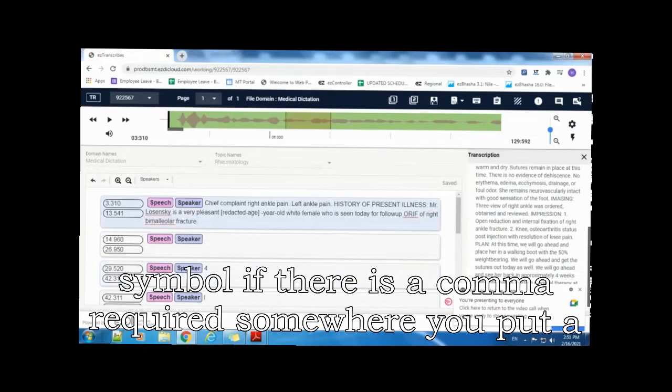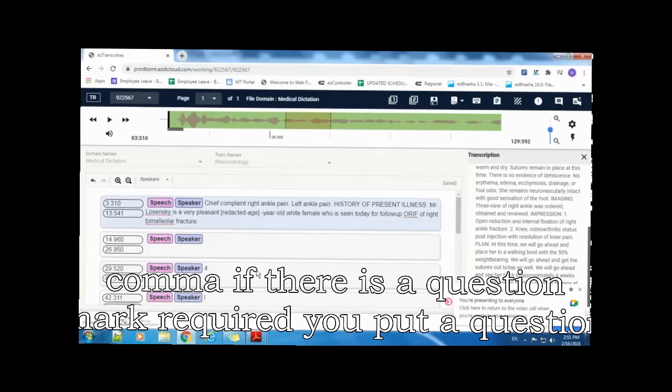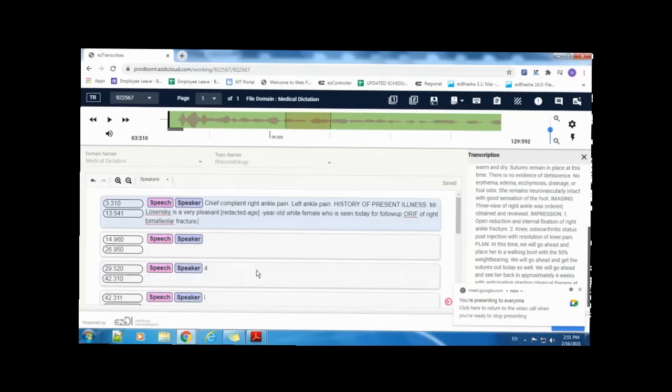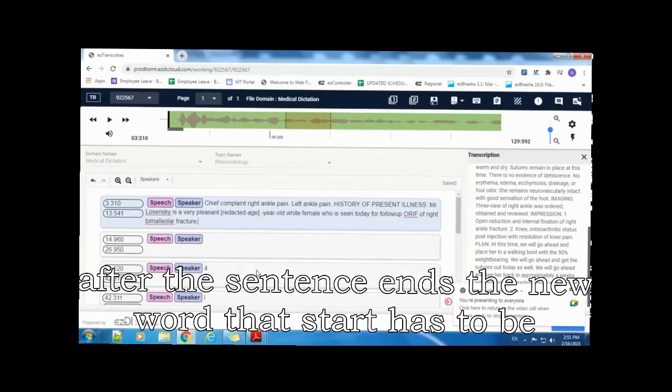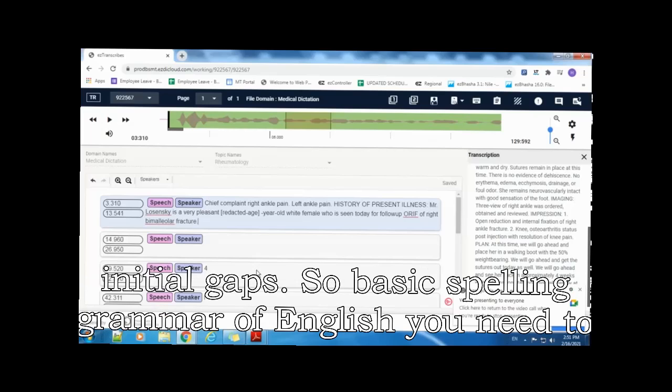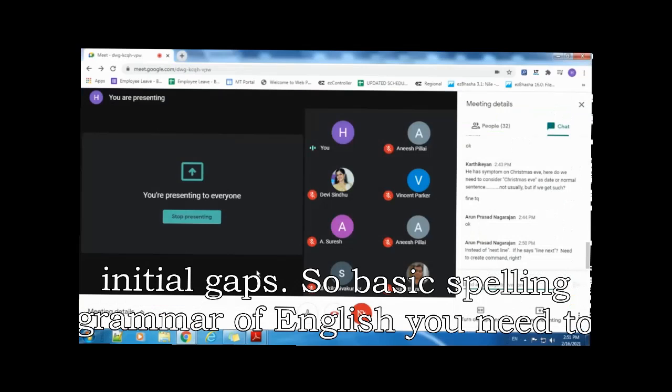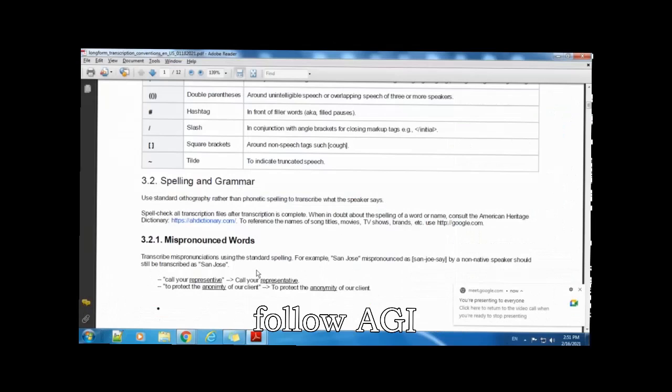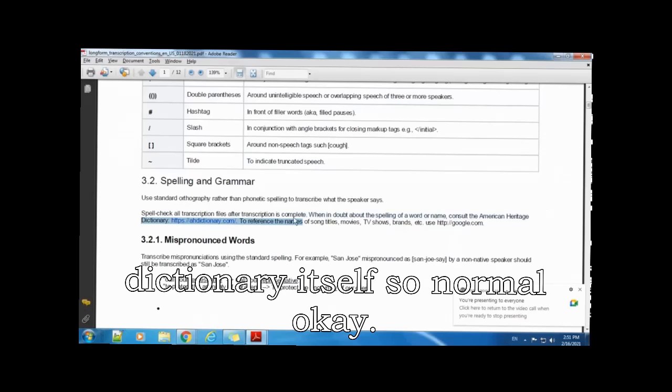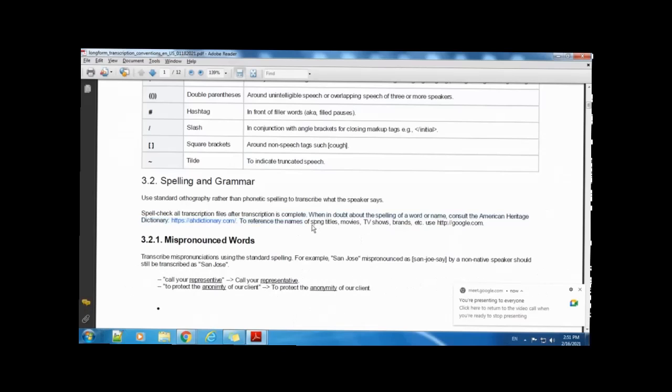Simple. If there is a comma required somewhere, you put a comma. If there is a question mark required, you put a question mark. After the sentence ends, the new word that starts has to be initial caps. So basic spelling and grammar of English you need to follow, as per the dictionary itself. So normal. Okay.